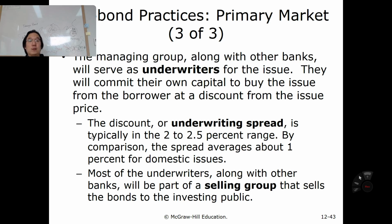And the managing group, along with other banks, will serve as underwriters for the issue. They will commit their own capital to buy the issue from the borrower at a discount from the issue price. And the discount or underwriting spread is typically in the 2 to 2.5% range. By comparison, the spread averages about 1% for domestic issues. Of course, domestic issues are a lot safer to issue from the perspective of the underwriters, so they charge